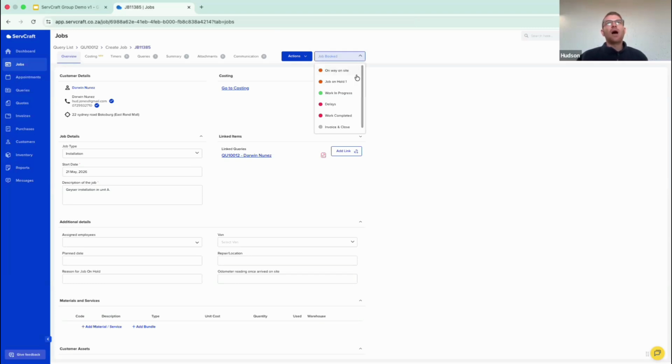Our different statuses will have automatic communications linked to them either internally or externally at each point. You can add and take away as many as you would like. So if you don't want your client to be notified when their job is booked on ServCraft, you can remove that as well. This is a workflow that we would configure and build for you as you reach your implementation